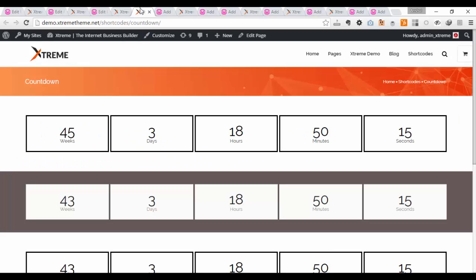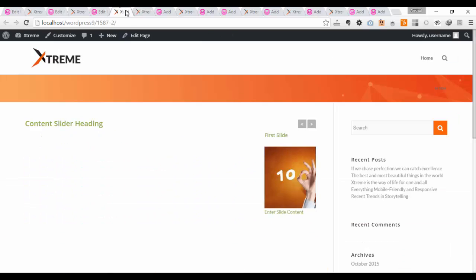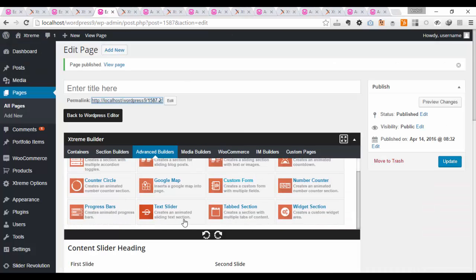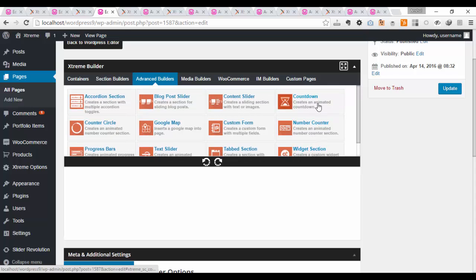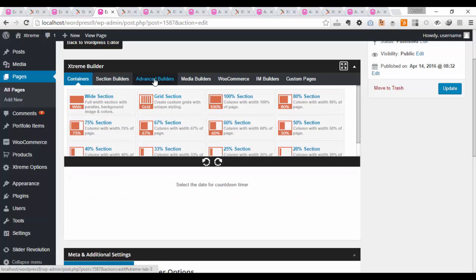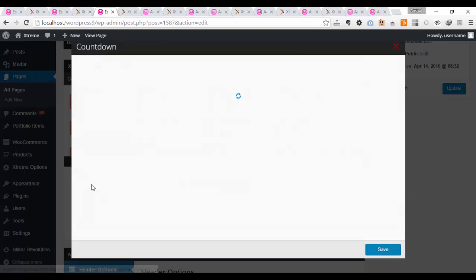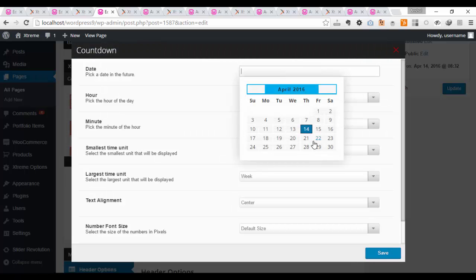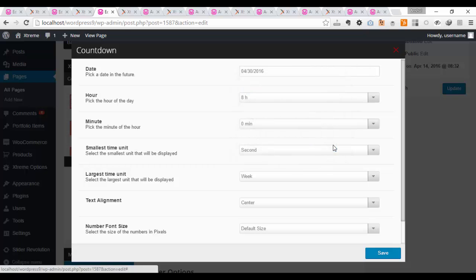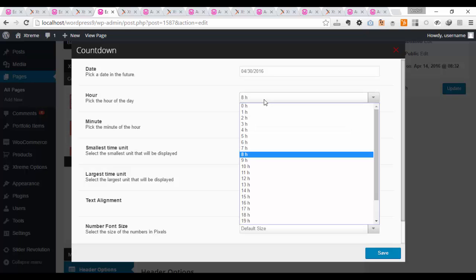Let's quickly move on to the next section, which is the countdown section. So in case of a countdown section, let me just delete this content slider and drag and drop the countdown section. Alright, so this is the countdown timer, and what I'm going to do is I'm just going to edit the options of a countdown timer. So I have to pick a date. Let me pick a date as maybe 30th of April, and hour, minute,